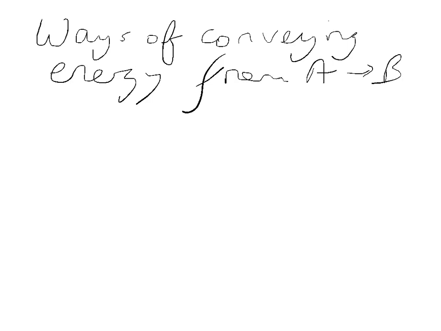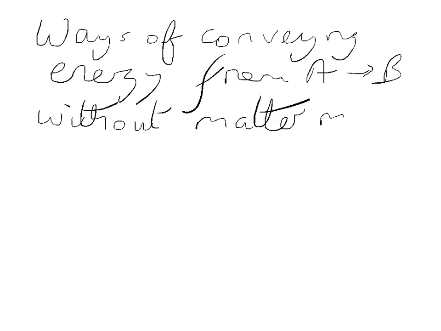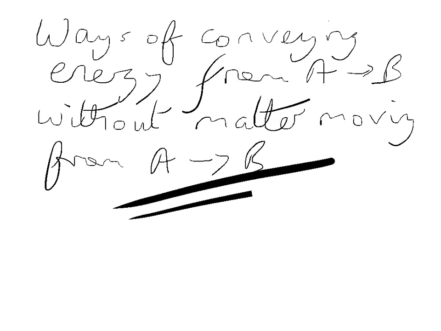without material moving from A to B, from that one place to the other, without matter moving from A to B. That's effectively what any old wave is. There you go. That's it. Ways of conveying energy from A to B without matter moving from A to B is essentially what all waves are. The source of all waves